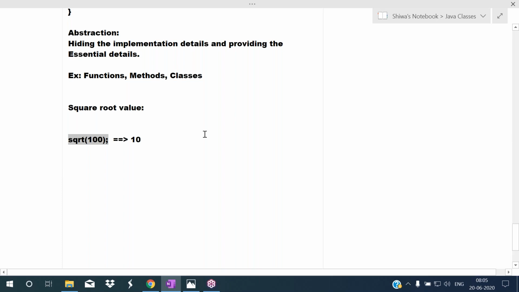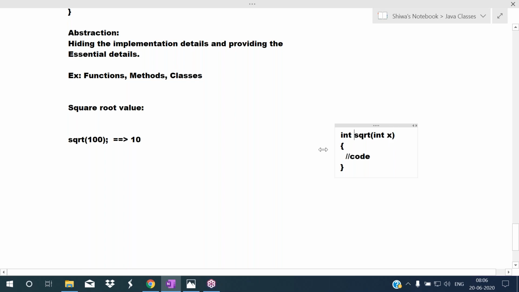So which code is there in the sqrt? Can we see this one? They defined a function like this, the sqrt function. In it they have written the logic to find the square root value, and they have taken some return type here. Like this they defined a function in the math header file. Some code is there, maybe 10 lines, or 15 lines, or 20 lines of code, we don't know.